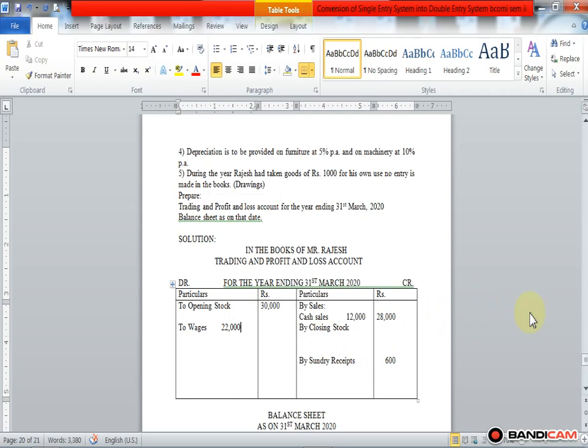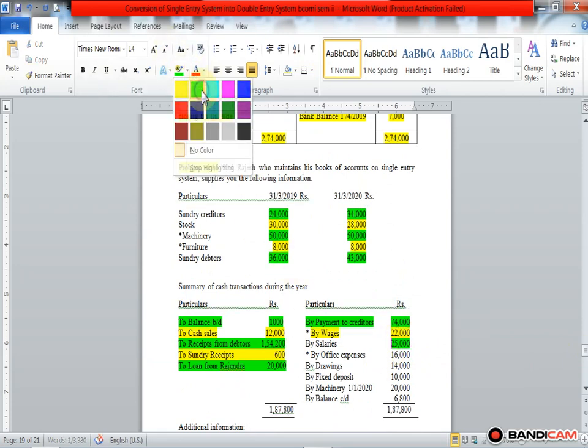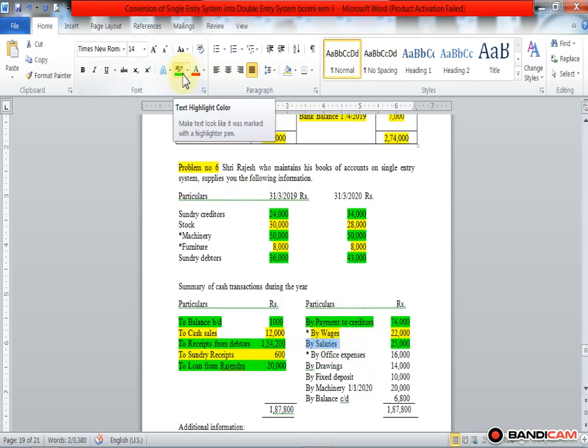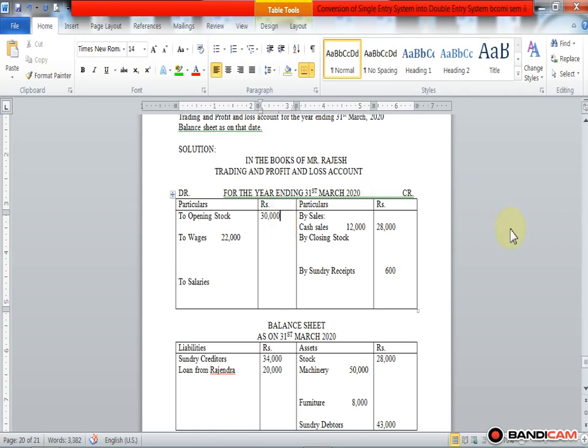22,000. Okay, then salary is an indirect expense, and it is transferred or posted on the debit side of profit and loss account. Okay, debit side of profit and loss account. So here salaries amounted to rupees 25,000, but adjustment is